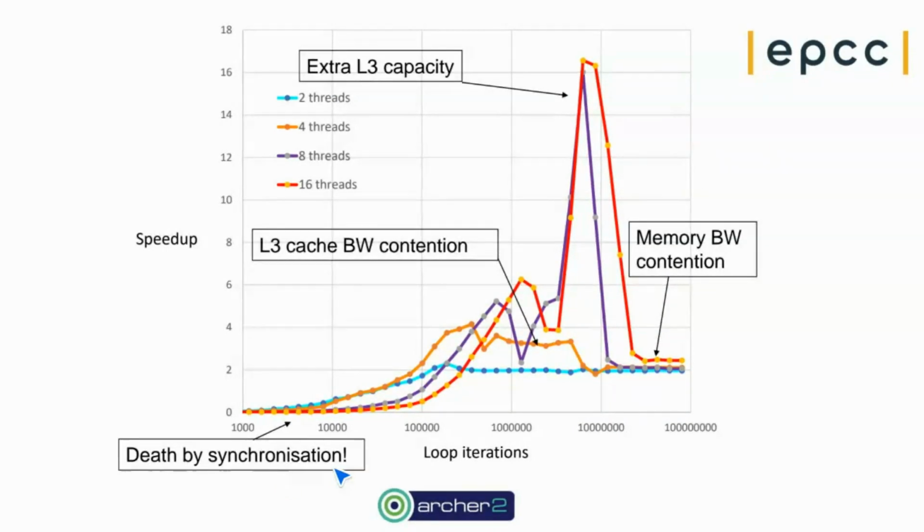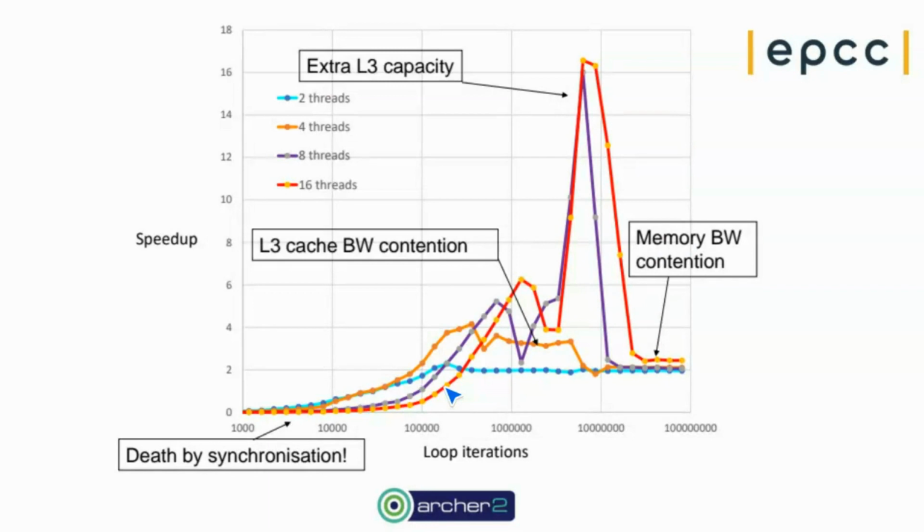If we draw a line across from 1 here, you can see that, depending on the number of threads, we need somewhere between 50,000 and maybe 200,000 iterations in order to break even. That's maybe surprisingly big, but